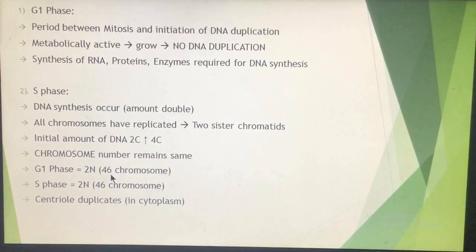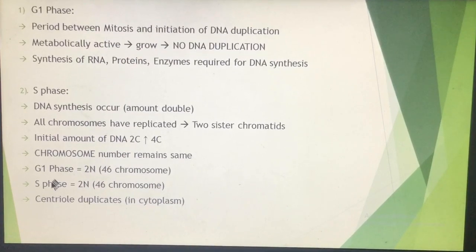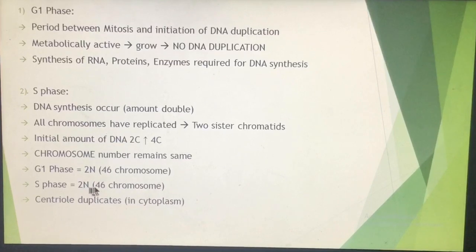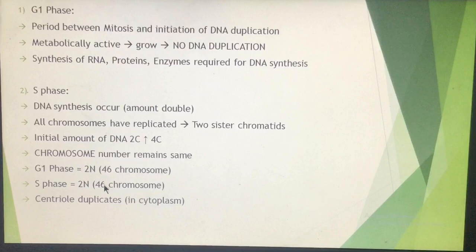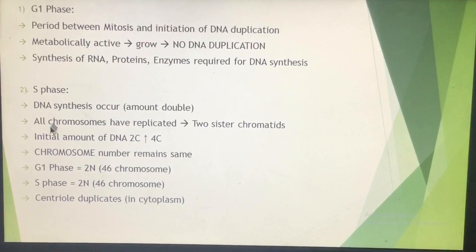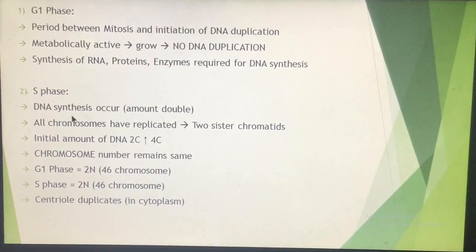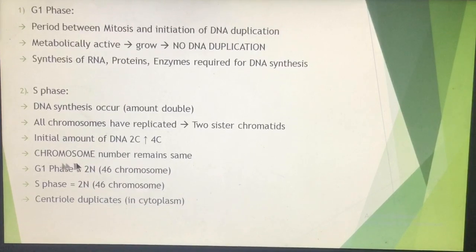Like, inside a human cell there are 46 chromosomes. Okay, so during the G1 phase the chromosome number is 46. Why is it known as 2n? Because they are diploid organisms. Okay, during the S phase, although the DNA gets duplicated, the number of chromosomes remains the same, that is 46. Clear? So during the S phase the DNA gets duplicated, and chromosomes are made up of DNA, but the number of chromosomes doesn't